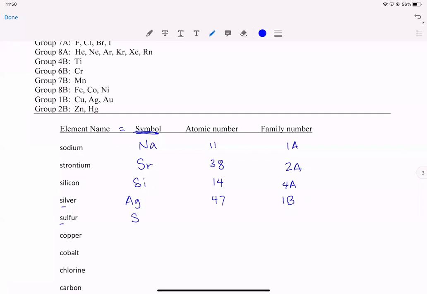So when there's only one letter, it is just an uppercase letter. That symbol for sulfur, S, you'll find in family 6A, and it is atomic number 16. Copper is another one of the precious metals found on Earth,